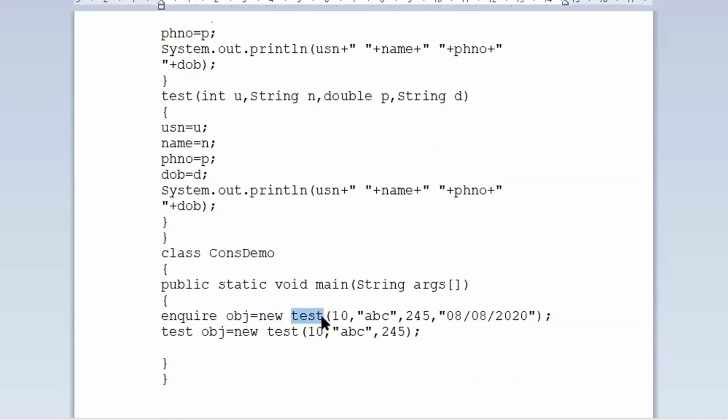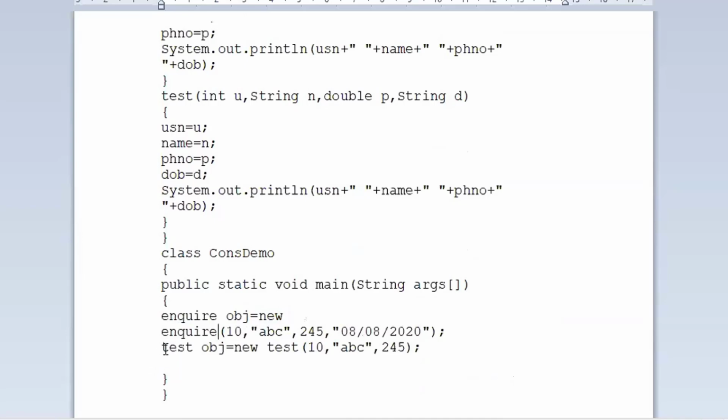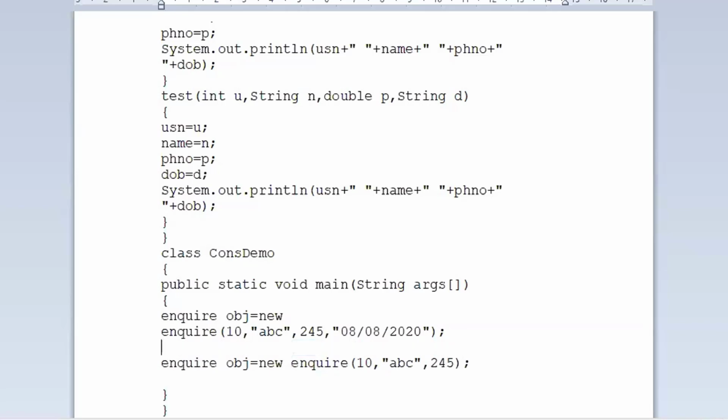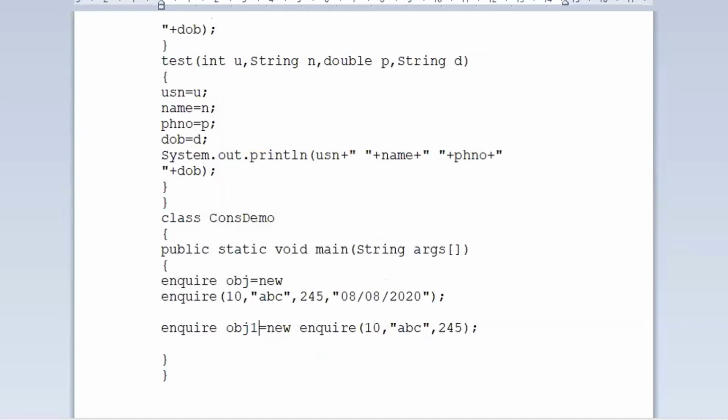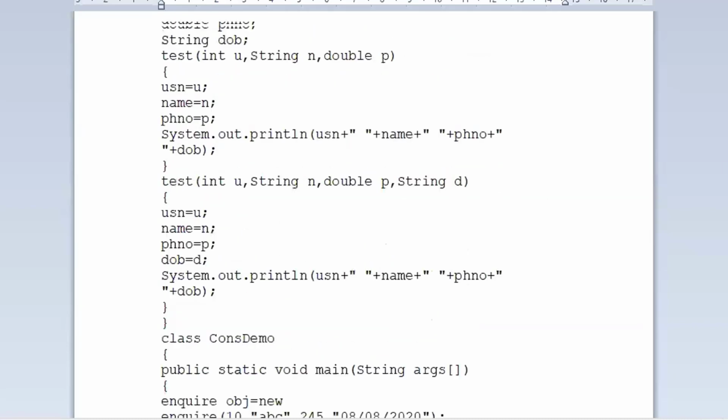Before it was test, later I have modified it to enquire. So I'm just replacing test with enquire because that is the class name now. Right? So this is the second object. Let me give it the name obj1, right? So now I think there are no syntax errors with respect to this program.